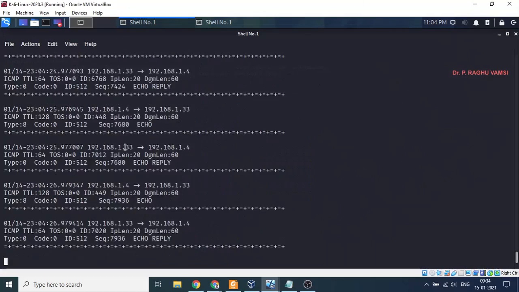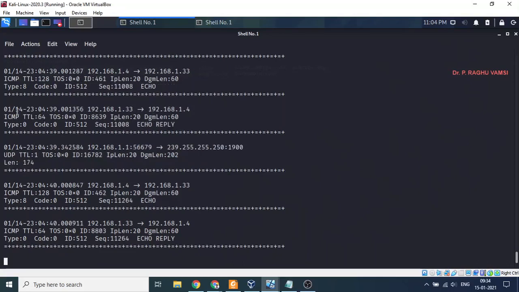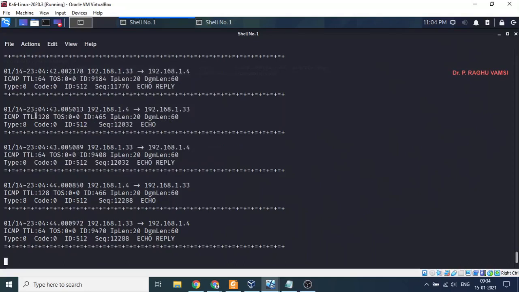Now you look at here the proper way of output coming. Previously we got the error as 0 like that. Now we are getting it in proper order: the date and time at which we are accessing, with milliseconds.